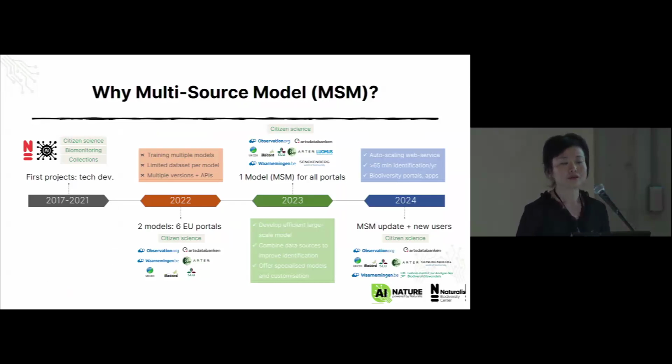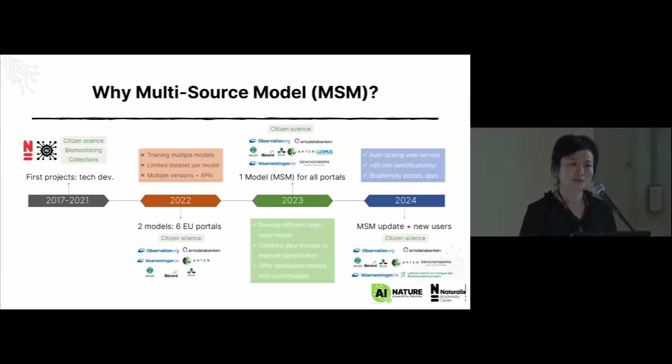Okay, so why do we want to develop a so-called multi-source model, which is short for MSM? We started our first projects in applying AI in biodiversity back in 2017. Initially, we developed many small AI models based on one single data set and for specific applications ranging from citizen science, biomonitoring to collections. Our most successful application has been citizen science, and this is where we get the most data to develop better